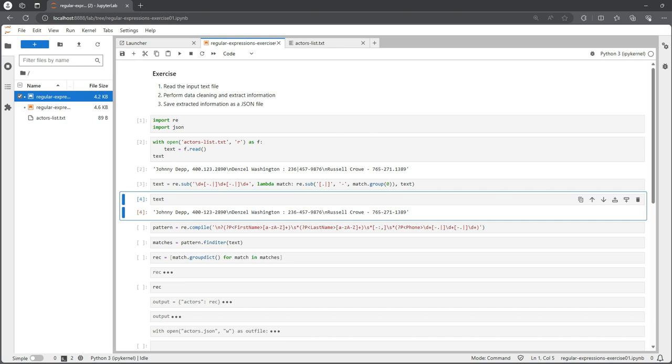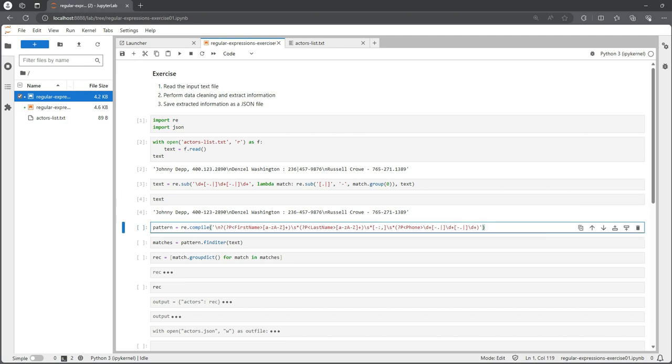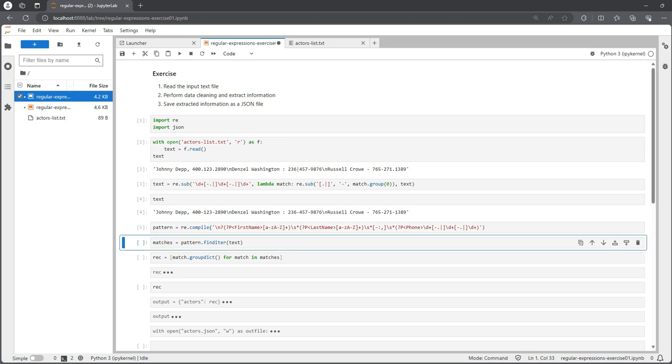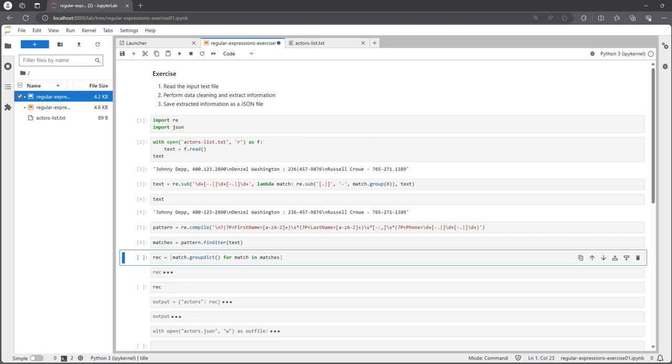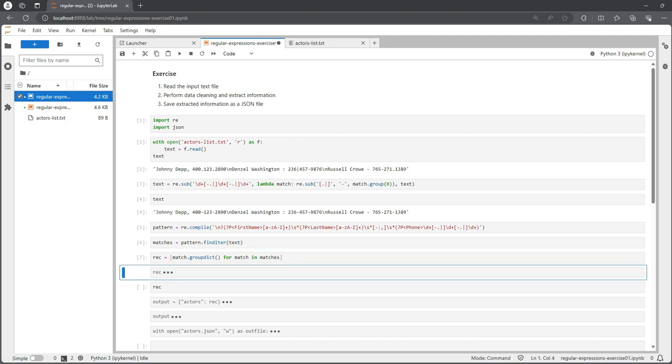So we have decimal digits plus, and it could be any criteria. We could use only the hyphen here because we've already cleaned the phone numbers from dots to hyphens, but we can leave this character class here as well because this will work fine too. Okay, so let's see how this works. We compile the pattern, and then we use the finditer method on the text from the pattern, and for each match, we try to get the group dictionary. Each group dictionary will have the object with the first name, last name, and phone keys. So if we run this and check,